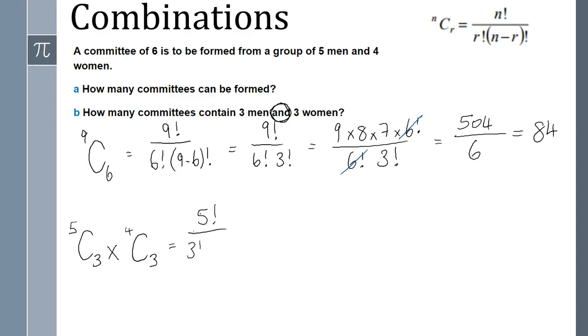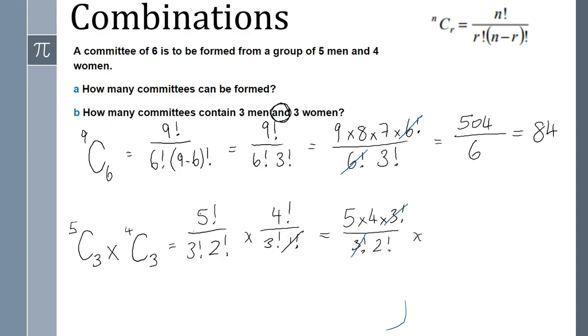5 over, I'll just shortcut this one, times the factorial of 4. Now, factorial of 1 is just 1, so we can kind of ignore that. We can go 5 times 4 times 3 times